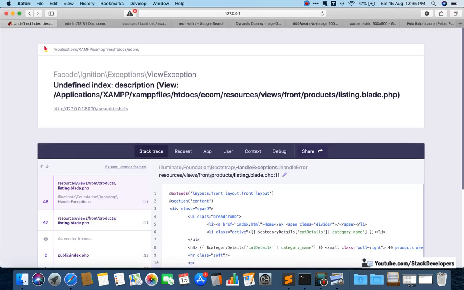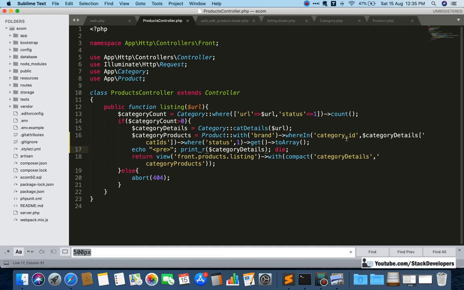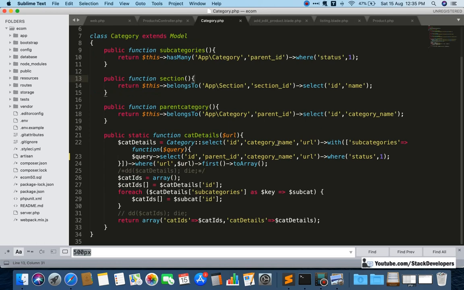So here I'm going to check once that the description is not coming, so we need to add the description. We need to select the description as well in our category details. So we can update that to show the description. I'm going to go to the category model, and here I am going to add the description as well.